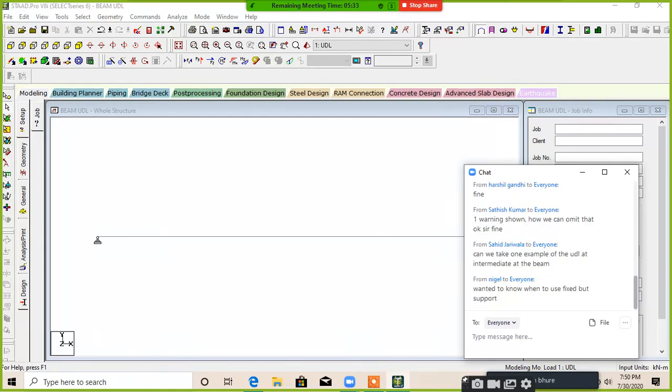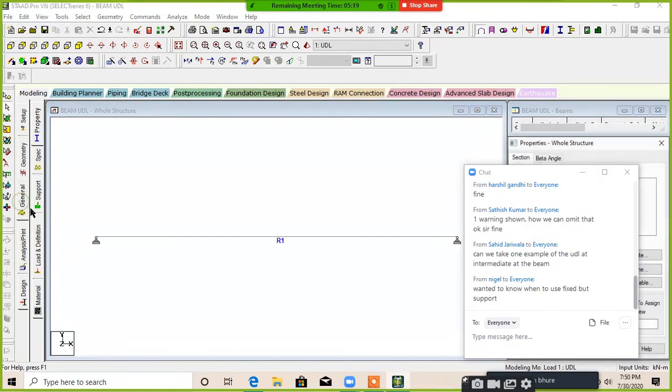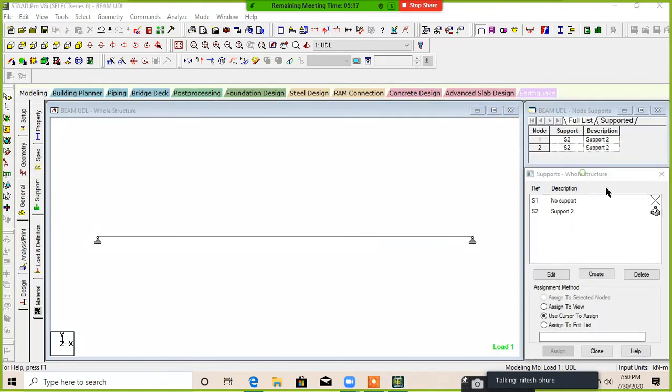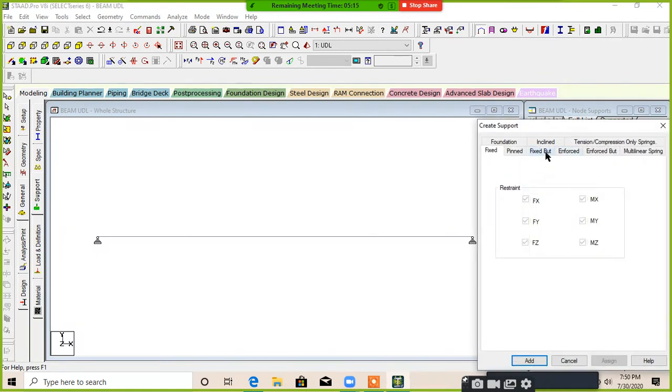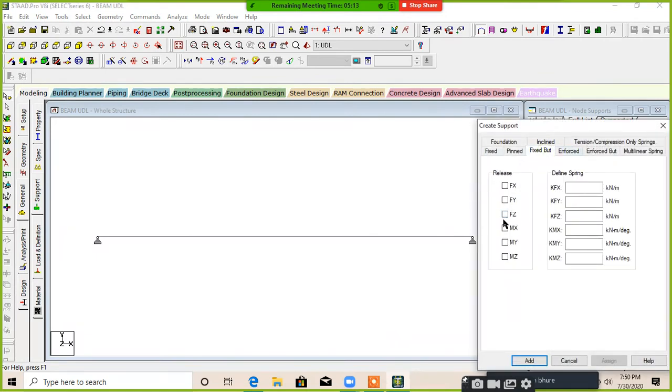Wanted to know when to use fixed but support. Fixed but support is used to create any other new support like a roller support. There is no option of roller and you want to create a roller support, so just go to the fixed but option and you can release the force which you don't want to consider in your support.